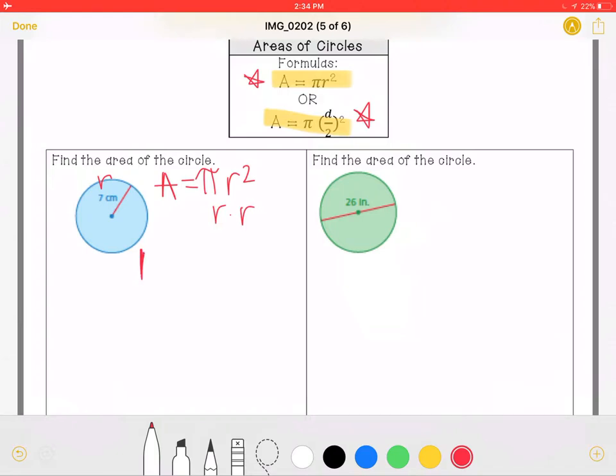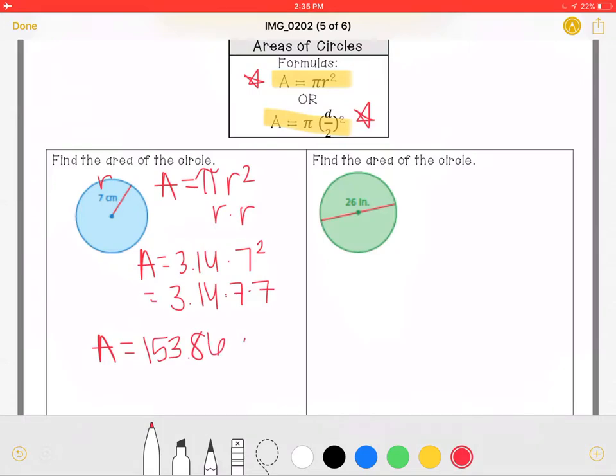So let's plug in what we know. Again, let's use 3.14 for pi times 7 being squared. So when you put this in the calculator, you should be doing 7 times 7, not 7 times 2. Be careful. It's telling us that we have two 7s. So do 3.14 times 7 times 7. When you multiply those all together, 7 times 7 is 49. If you can do fewer steps in the calculator, keep your math skills fresh, I think that would be great. So your area should equal